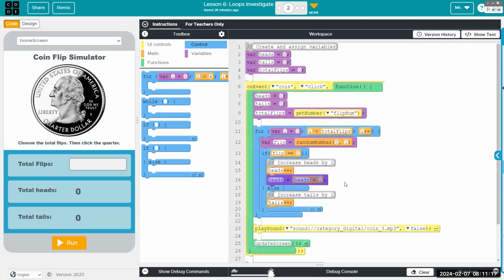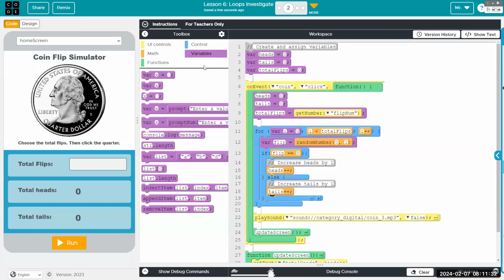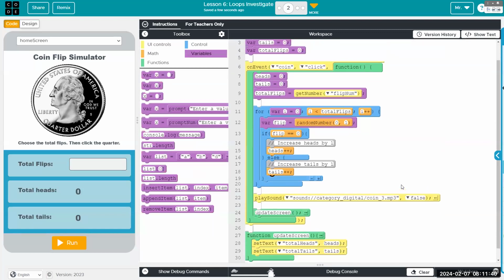Heads plus plus is the same as gets itself plus 1. I'll leave it as plus plus, even though it's probably the first time we've seen it. And it's actually strange that it is an orange block, because the only time you'd ever really use it is as a variable. So I think it should be purple, but regardless.